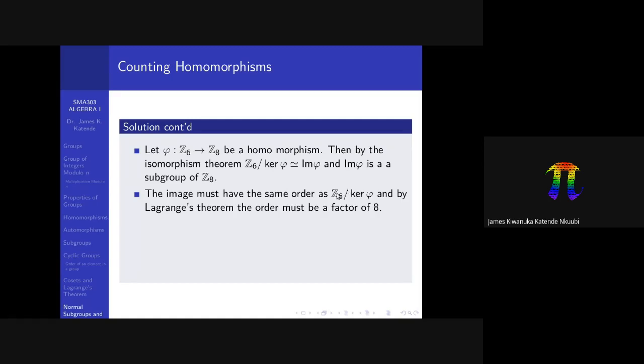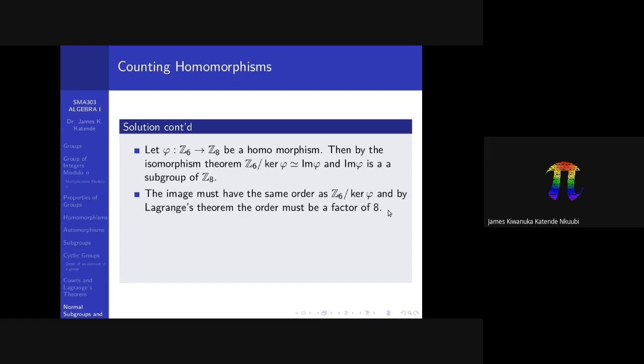So the number of elements in the image must also be a divisor of 8 by Lagrange's theorem, because the image is a subgroup of Z8. Therefore, for any subgroup of Z6 to be a kernel, the number of elements in this factor group, the index of the kernel, must be a factor of 8,